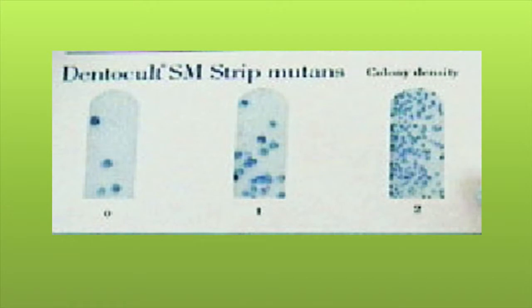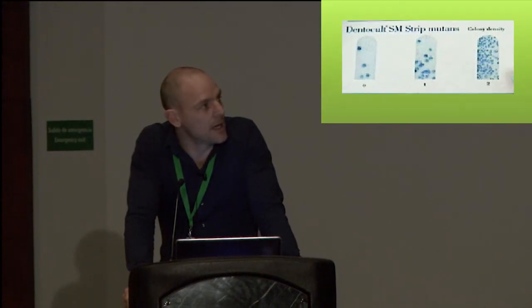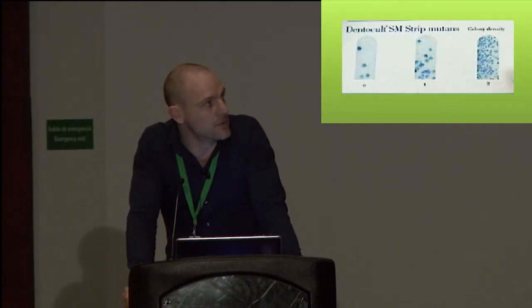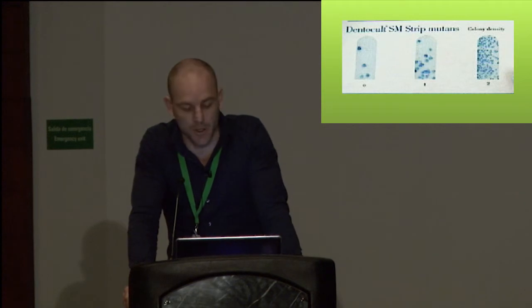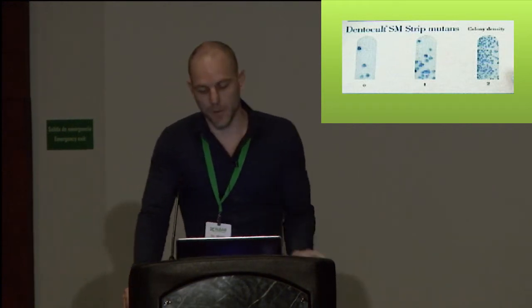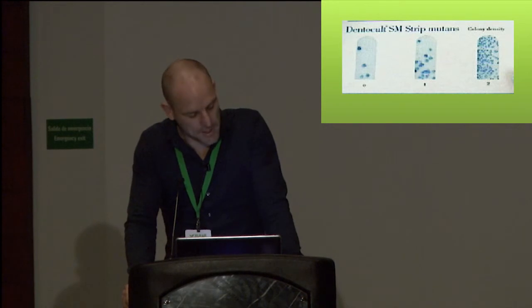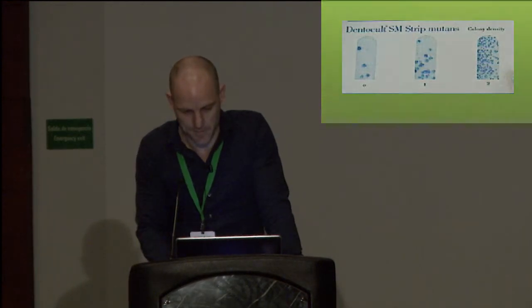A fairly poor slide here, but the way we test for mutans streptococci predominantly in Europe, and what we've done in our study, is we look at whether they've got high, medium or low levels of mutans streptococci, and we use Dentocult SM tests. And again, what we're trying to do is stop people who score 2 or 3 in those tests, and to the right-hand side there, passing those bacteria onto their children.